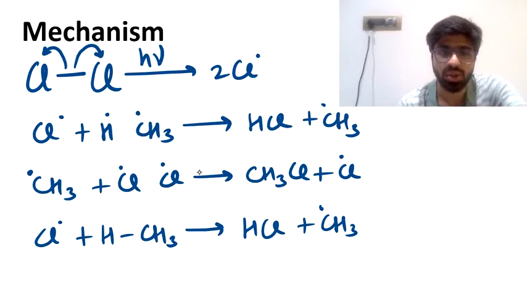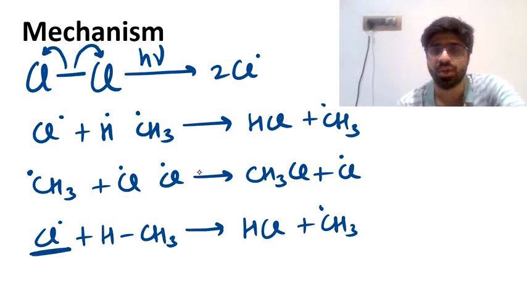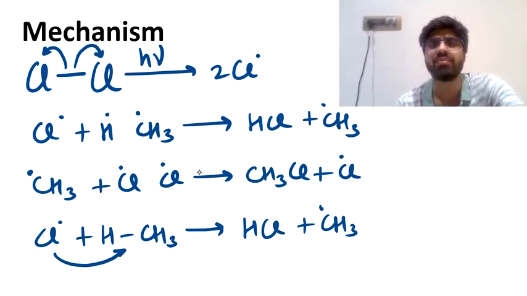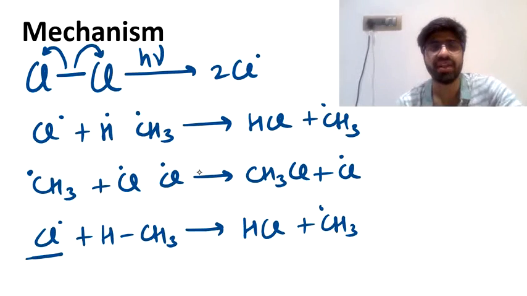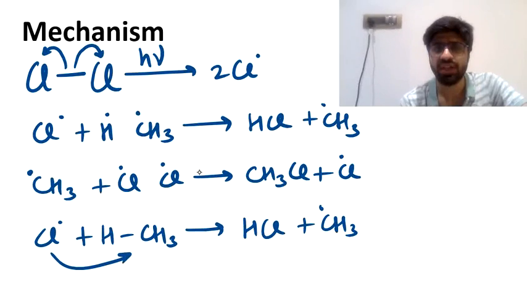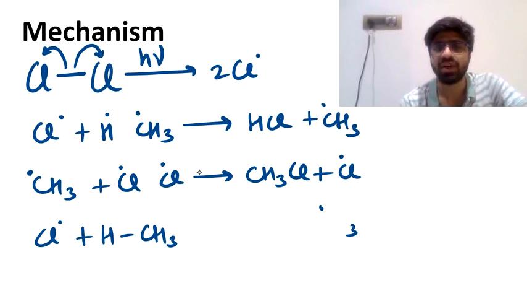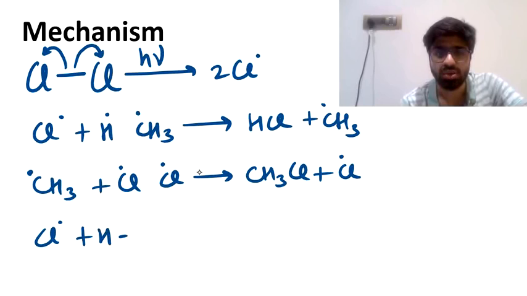Now see, it's not necessary that the chlorine free radical that got formed here is going to attack methane only. In the previous step, if you check, there was a methyl chloride getting formed. So the chlorine free radical getting formed, instead of attacking methane, has the ability of attacking methyl chloride also. So instead of methane, methyl chloride is CH3Cl. We can write that CH3Cl as H, CH2Cl.